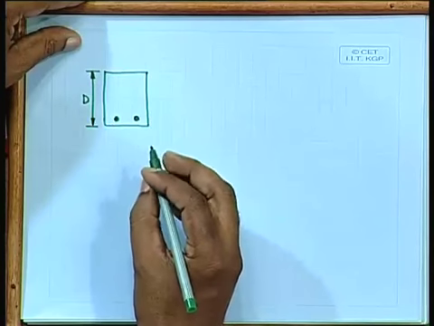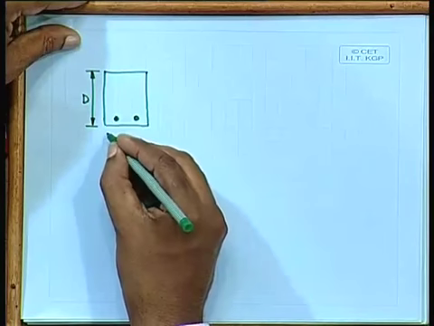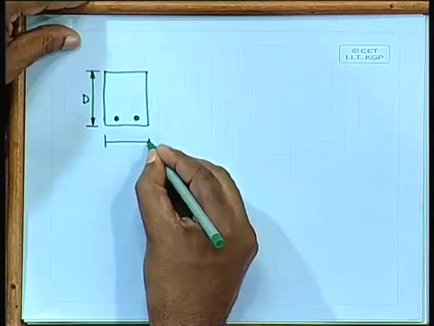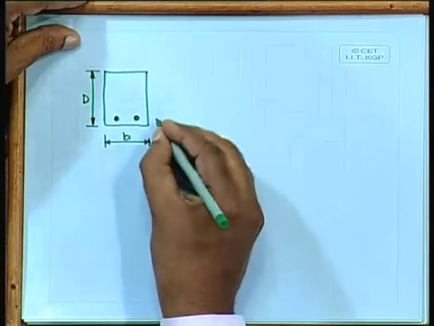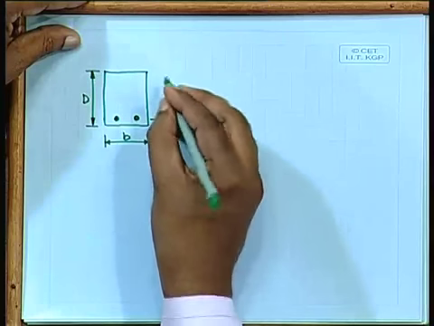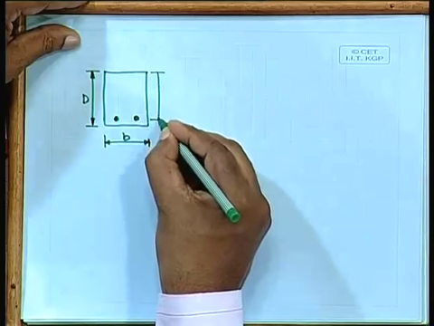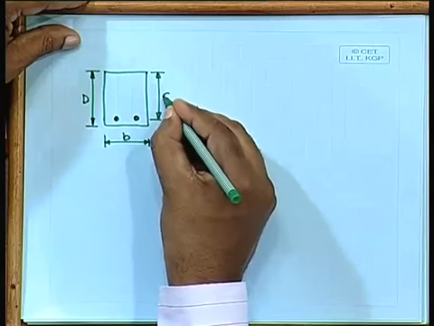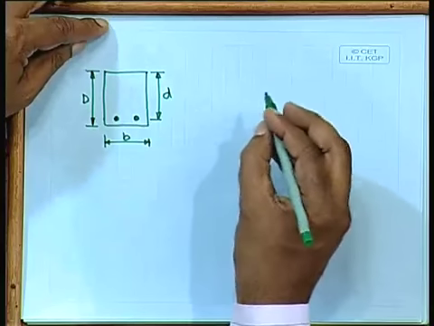That depth, overall depth, we consider it as overall depth, capital D. Width, B. Effective depth, small d, and